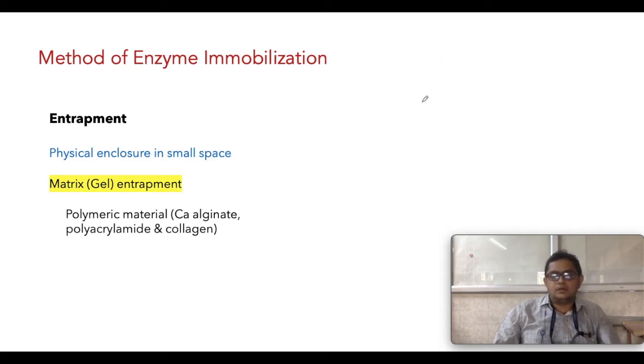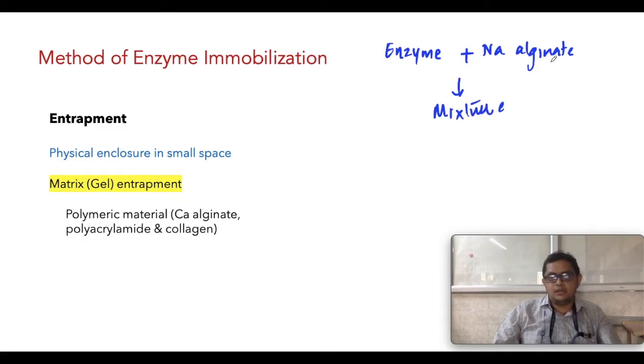So how do they perform enzyme immobilization using this method? They take the prescribed amount of enzyme in solution form, then mix that with the sodium alginate, so it becomes a mixture. Normally sodium alginate can be easily dissolved by heating the water. Once it has cooled, you can add the enzyme. Then you take that in a pipette, it may be a micropipette or any normal pipette, and you add this mixture drop by drop into